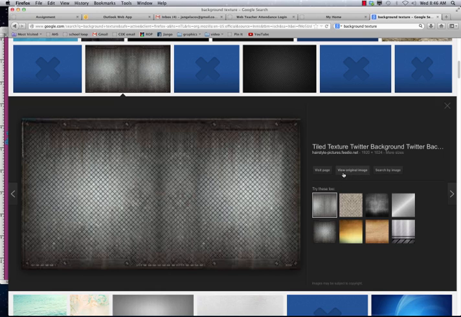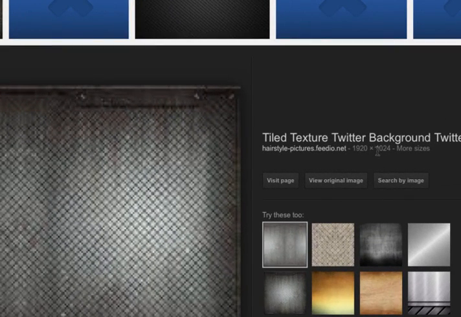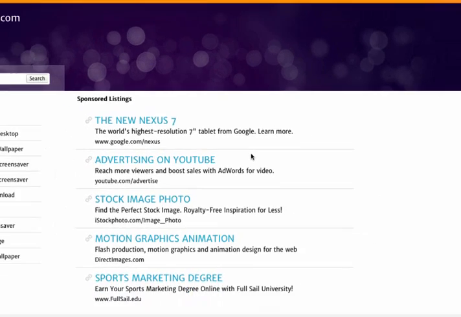So I'm going to say this is always how you guys need to be finding the images: you first find it, then you click on it, see what's the resolution. This one's going to work because it's large enough. You can see right here. You want to say view original image,